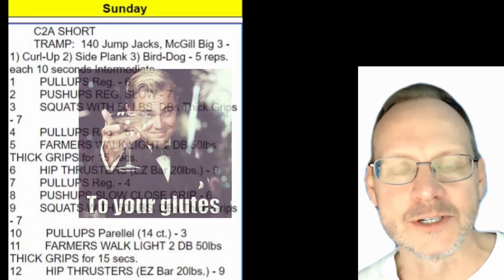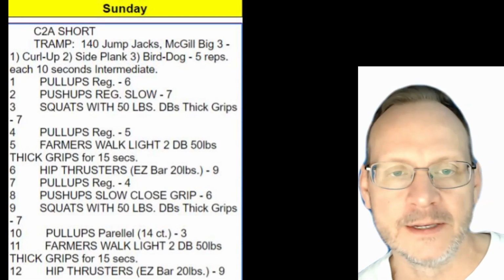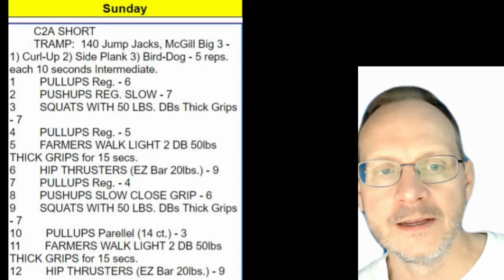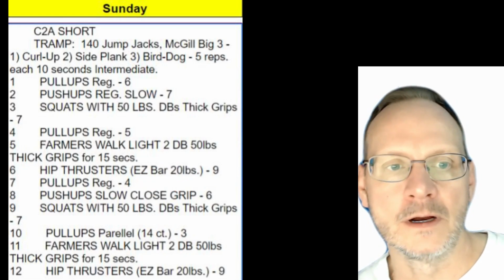So I did hip thrusters. I do it with a very light 20-pound easy curl bar across my waist. I did 9 of those reps. Then I did 4 reps of pull-ups, and I walked for a minute. I came back and I did close grip